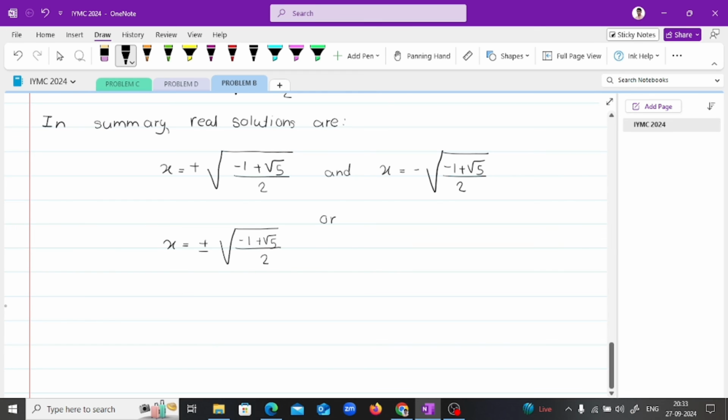Okay, so the real solution of this equation is plus or minus square root of minus 1 plus